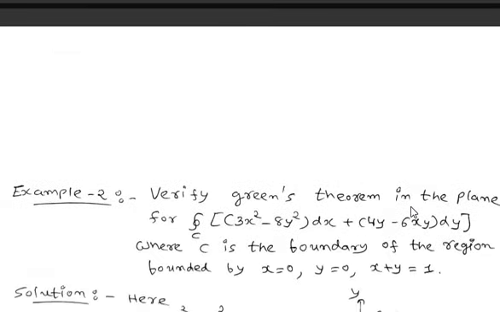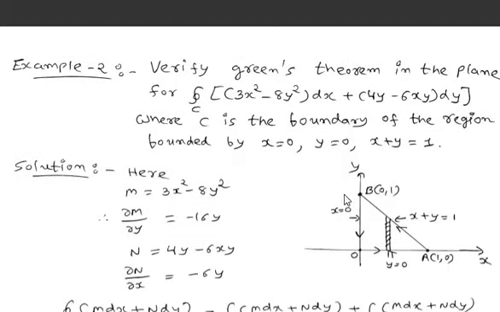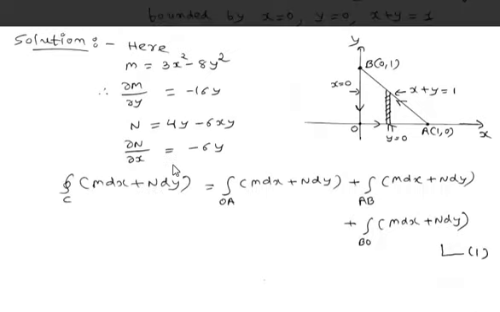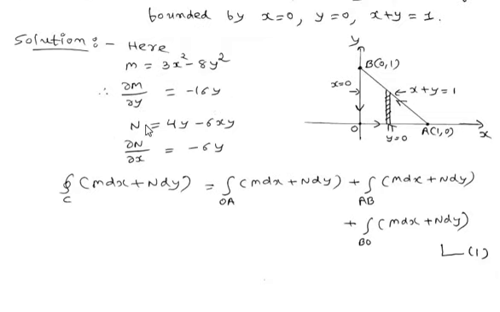Okay. Now we will see example number 2. Here we have to verify Green's theorem for the integration of this function, where C is bounded by the region x equals 0, y equals 0, and x plus y equals 1, right? So from the standard form, integration M dx plus N dy, we have M equals 3x square minus 8y square, and N is 4y minus 6xy. So first of all, we will find del M by del y and del N by del x. So del M by del y will be minus 16y, and del N by del x will be